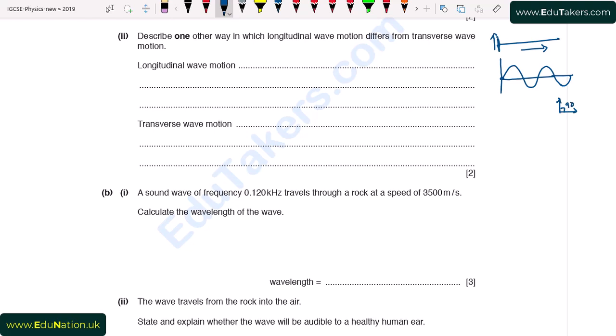So this is a transverse wave in which the vibration of the particles of the medium is created in the direction perpendicular to the direction of wave travel. The wave is traveling from left to right, while the vibration is created from down to up or up to down. So both of these are perpendicular to each other. It is a transverse wave. The other possibility is that if I move this string in this direction, left or right, the wave also moves in the right direction, just like this.